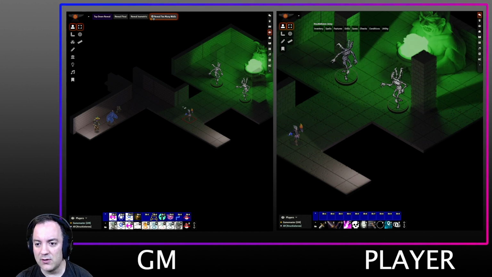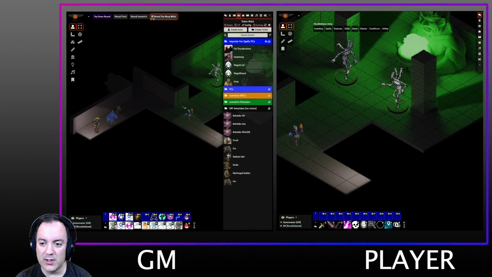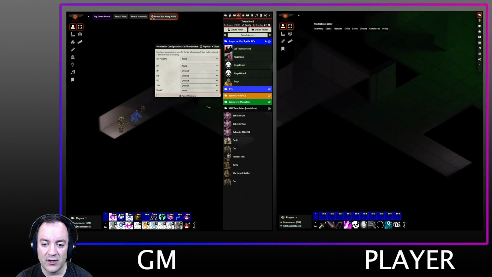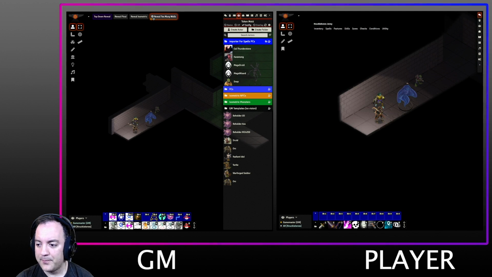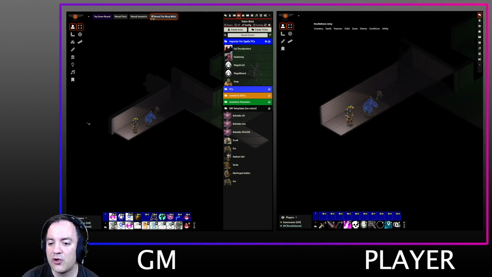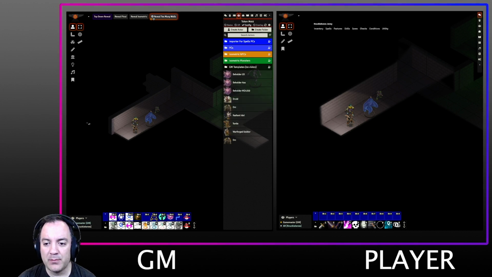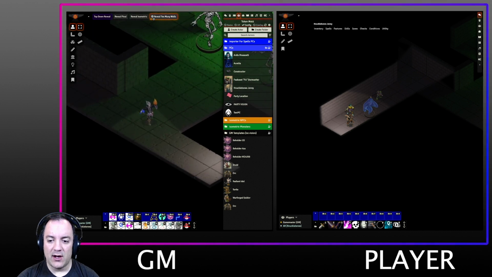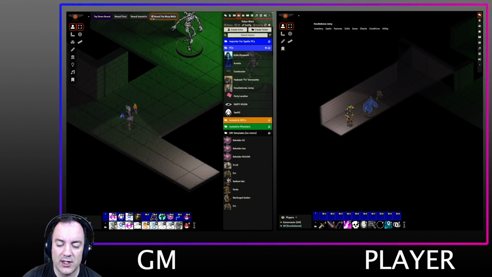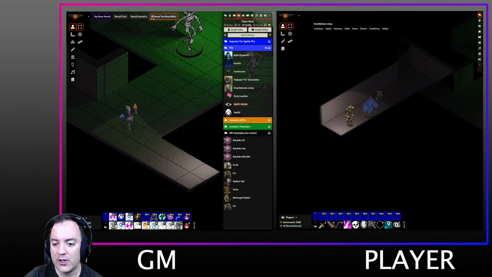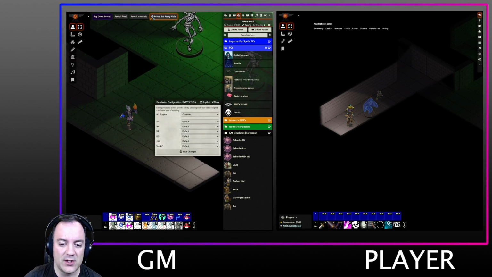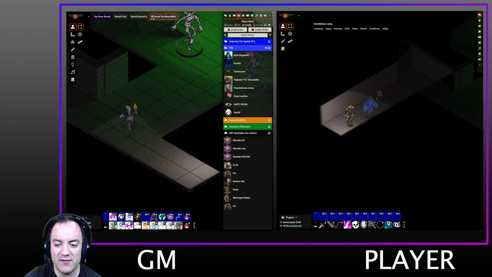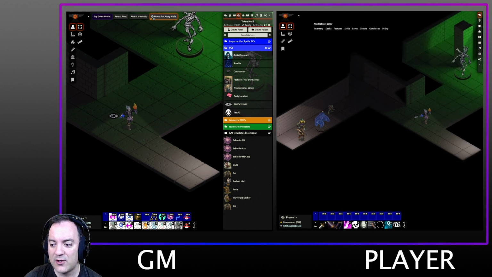So the other thing you can do is, instead of using that observer mode, which I'm now going to turn off, I'm going to take that player and turn off observer for the various characters. So that doesn't work anymore. The other thing you can do is create a special player token and give it an icon that makes it clear that it's not an actual character. So I have this token here called Party Vision that just has an eye logo. I right click on it and configure its permissions, and you can see that all players have it as the observer. So when I drop down the Party Vision, as long as you don't have your character selected,